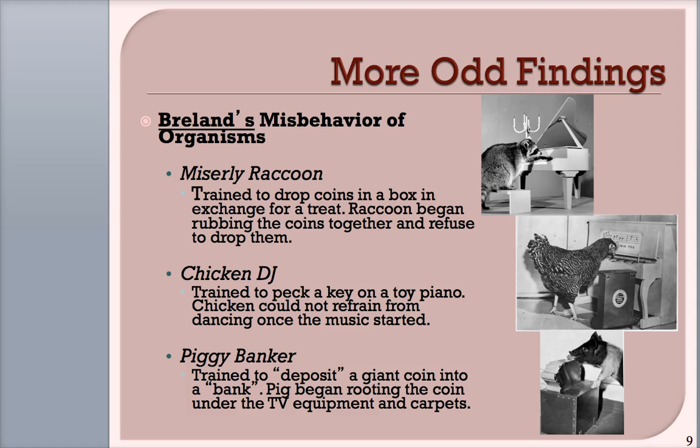Later, they also included in the paper a chicken who was trained to peck keys on a toy piano, and later a jukebox. They tried several different versions. They trained this chicken to peck, but once the music started playing, the chicken would stop pecking and would start dancing. And they were very frustrated that the chicken was dancing. The director, I guess, didn't want the chicken dancing. So they basically had to give up on this experiment, because every time they started training the behavior, they used food to get him to peck at the keys. But as soon as he started actually reliably pecking at the keys, he would do it, but then he would start dancing, and they couldn't get him to stop dancing.